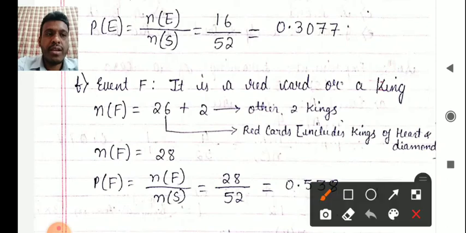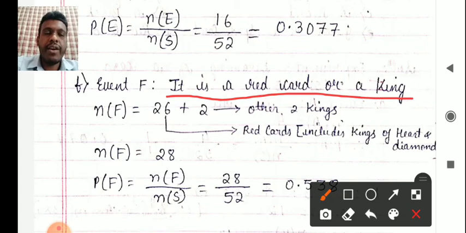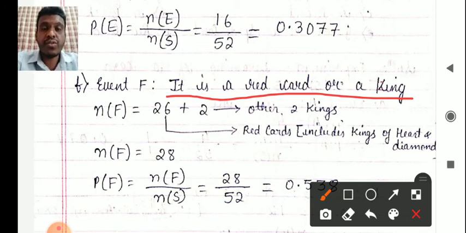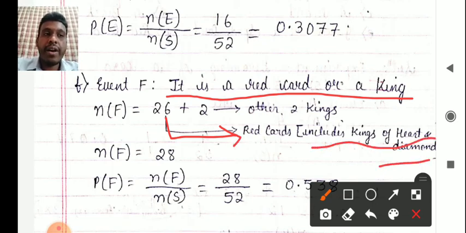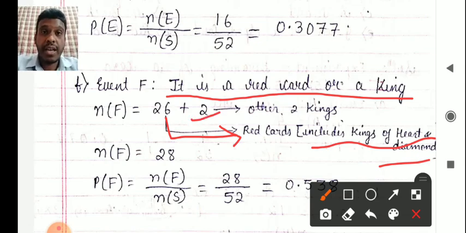Okay, what is F part? Event F, it is a red card or a king. So similar to the previous problem which we have solved. n of F, what is the number of items in set F? It is a red color card. So how many red color cards do you have? It is 26 red color cards. Red cards are 26. It includes the kings of heart and diamond, right? So other two kings only are remaining. 26 cards includes the king of hearts and the king of diamonds, and we have only two other kings remaining,